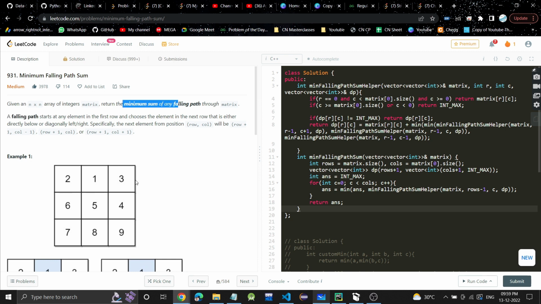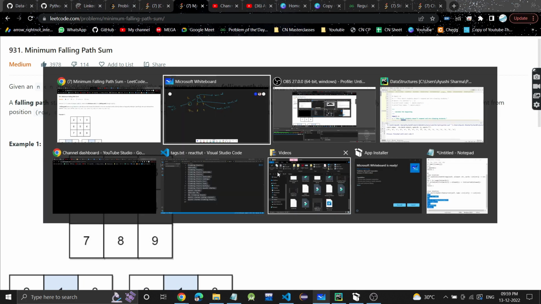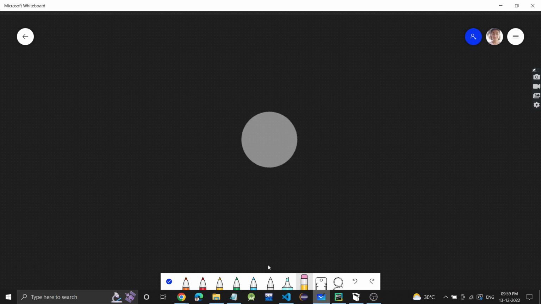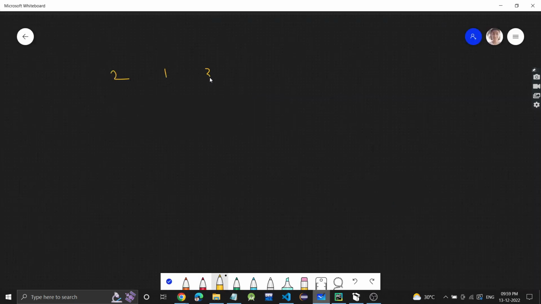We can start from any element in the first row, and we have to find the minimum sum of any falling path. So let's see how we can do it. Let me quickly write the matrix again. It's 2 1 3, 6 5 4,